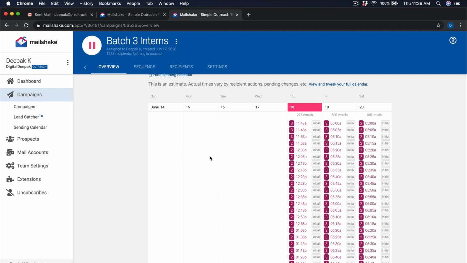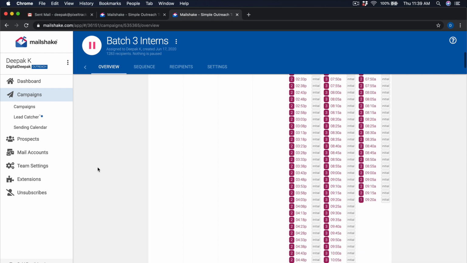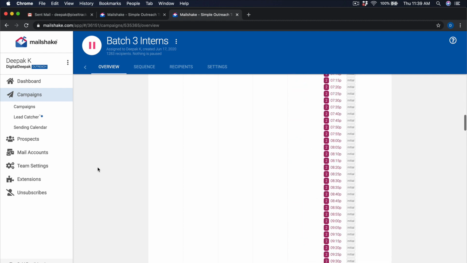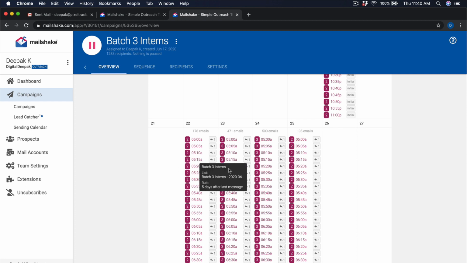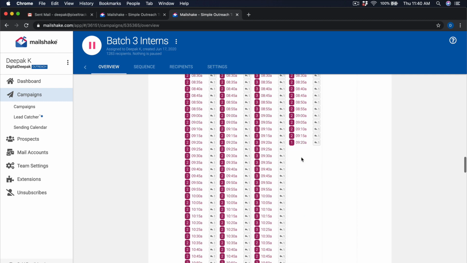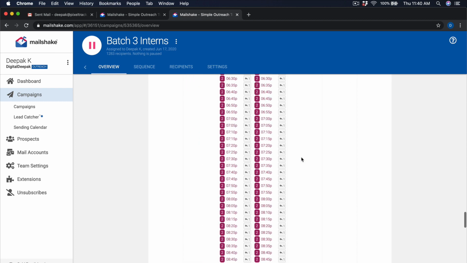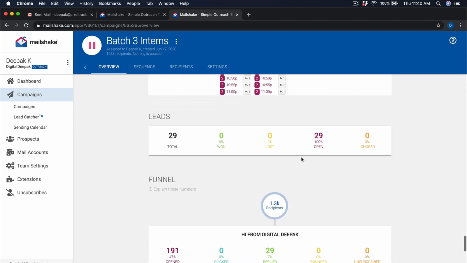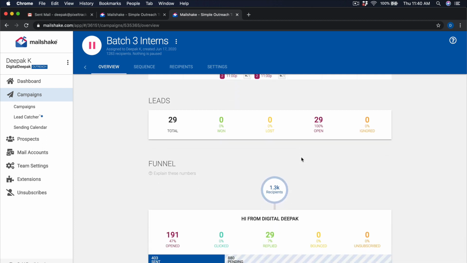It configures the email sends in such a way that there is a space between all the emails. So here you can see at 11:43 a.m. 3 emails are scheduled to be sent out and right now it's 11:39 a.m. At 11:48 another 3 emails, at 11:53 another 3 emails, 11:58 another 2 emails, and it is configured in such a way that the emails are being sent throughout the day and all the emails will be sent out only by June 25th and right now it's June 18th. So it is as good as you sending out these emails manually, and that is one of the reasons that these email campaigns are very effective.